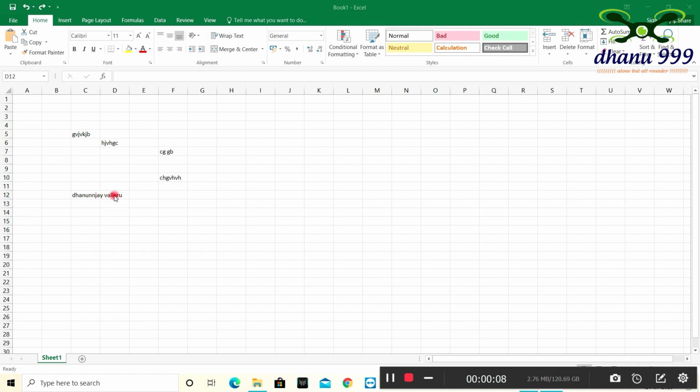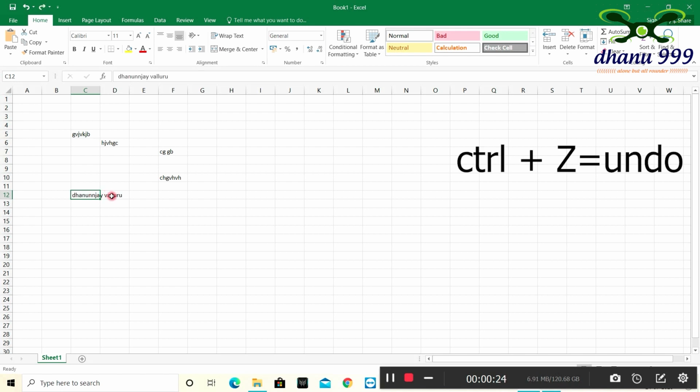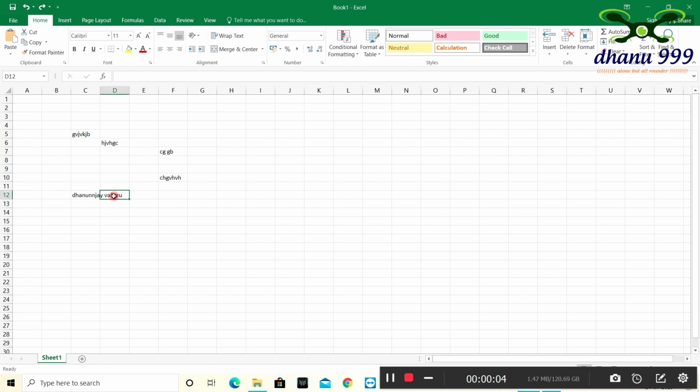For example, I will select the D12 cell and press delete. See, nothing happens. If I select the C12 cell and press delete, everything is gone. So now I want to go back. I will press Ctrl Z. Now if I type some letters, for example EXCEL, it shows Excel in the D12 cell. But in the C12 cell, the name is cut off. In future classes, I can show how to show the complete name. But now I can just tell you how to adjust.